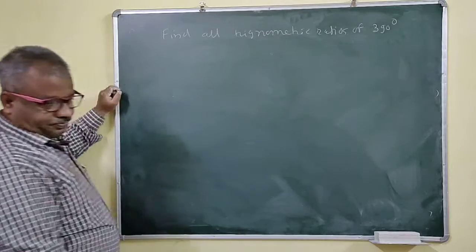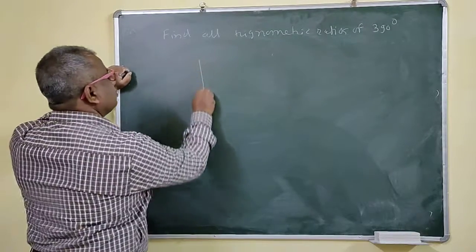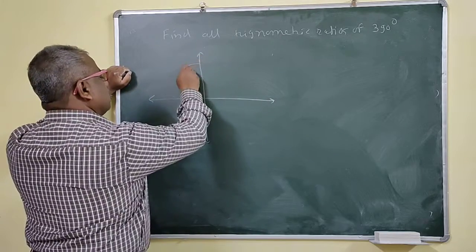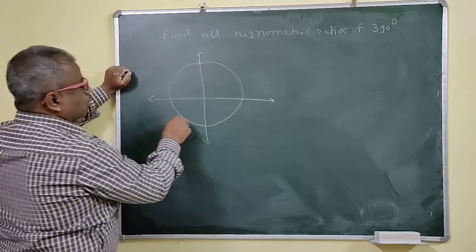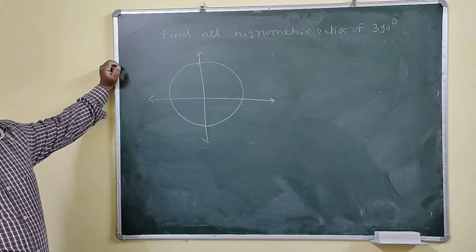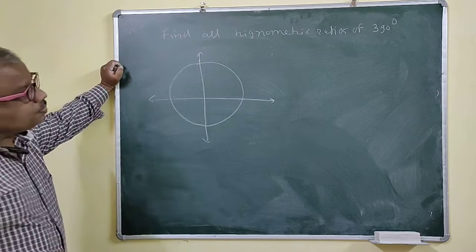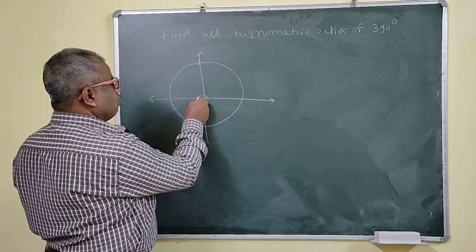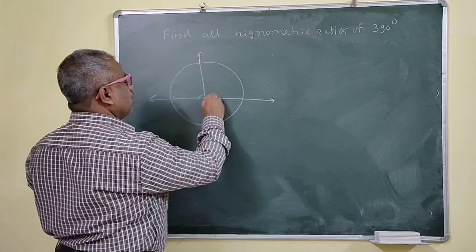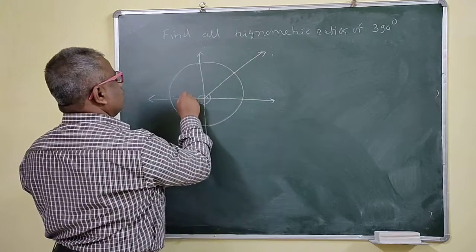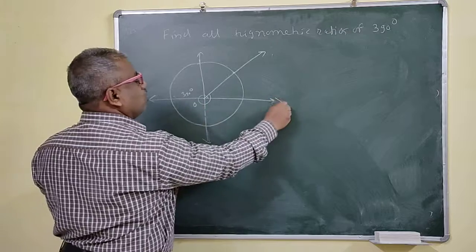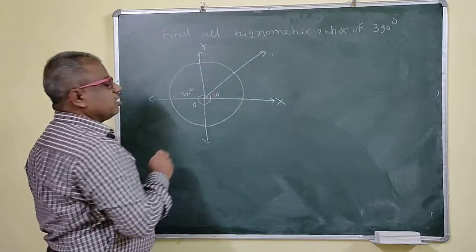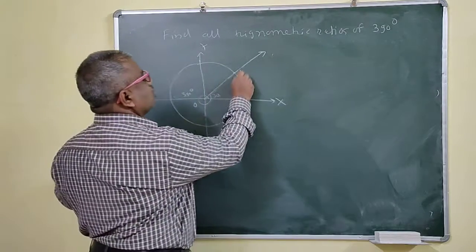Anything you can do this. So 390 degree. So first we will draw the figure now. We will draw the standard unit circle. Now 390 degree is greater than 360 degree. That means it completed one rotation. And after that it moved to 30 degree now. Right? So your angle is like this. You have to complete one rotation and then this now. This angle is 390 degree. This is your O, x axis, y axis. Right? Now this angle is then 30 degree.